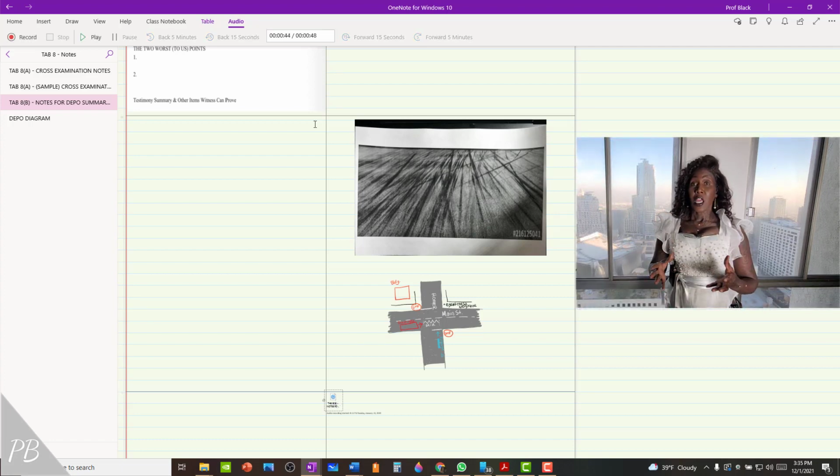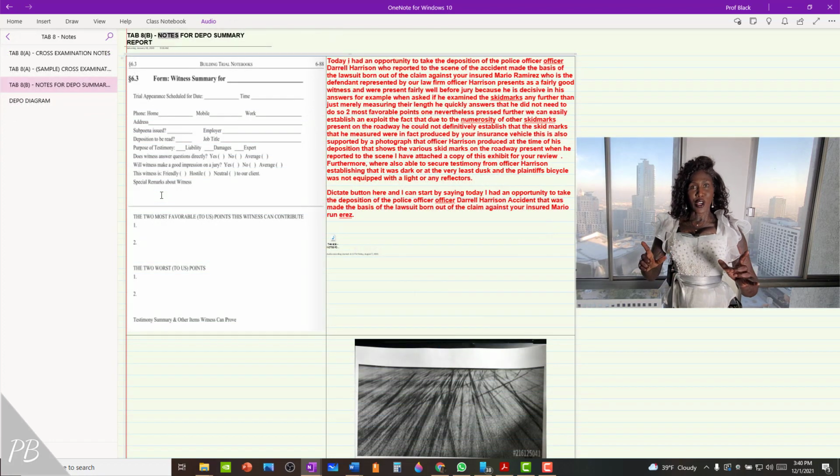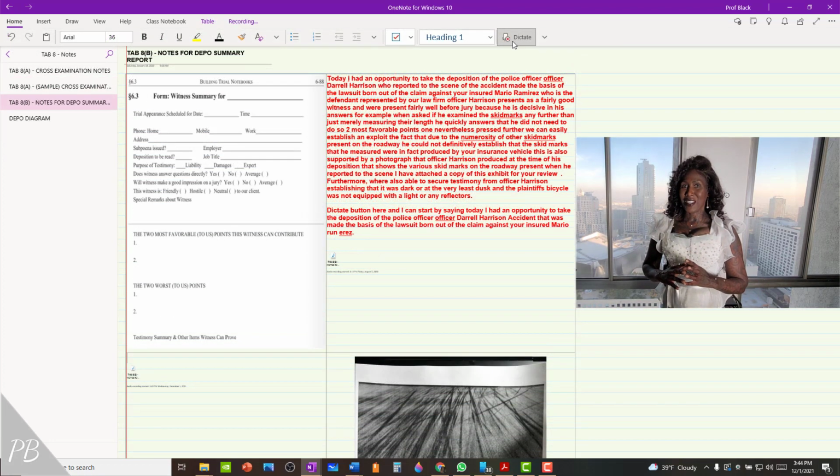But you can see the note that I actually transcribed on the day of that deposition. So I recorded the audio here as I was transcribing the audio of this note. The dictation feature of OneNote also dictated. And so to do that, all you have to do is just turn on this dictation button, and I